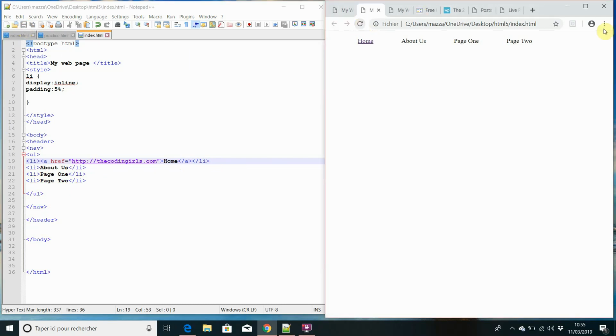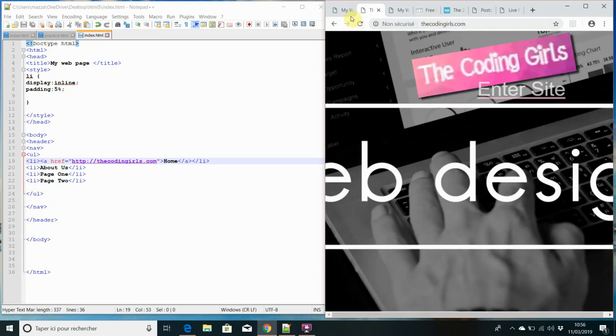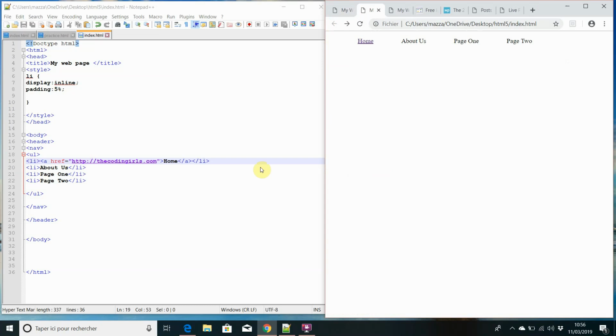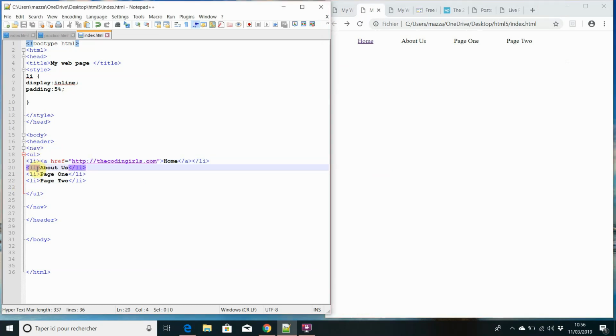Now we have a link, so here we go. On clicking on that link, that will take you to the website. There we go. Now, other types of links. Again we need to use an A tag, hyperreference. This one we could have on part of the page. So say you had an index and an about us page, you'd put about us, so it was another HTML page, HTML,